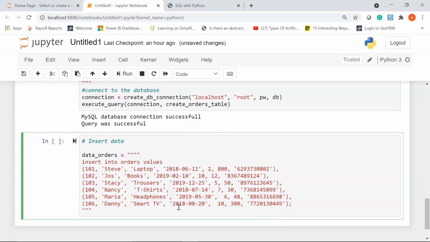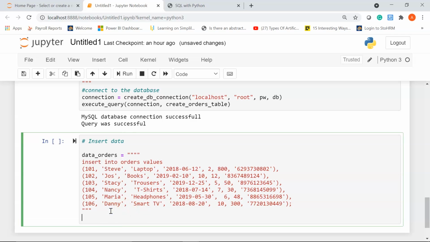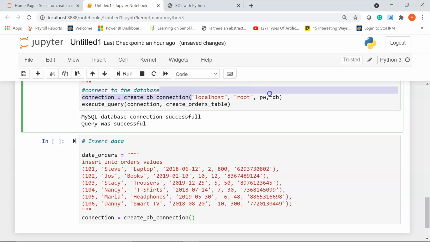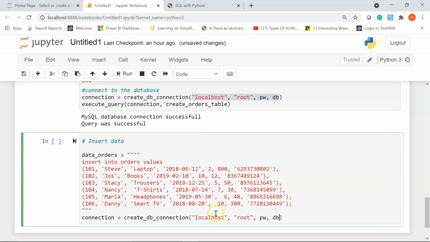So let's create the connection now. I'll write connection equal to create_db_connection. Then I'm going to give my same parameters. Let me copy it from the top, which is localhost, the host name, root is my username, then we have password and the database name.